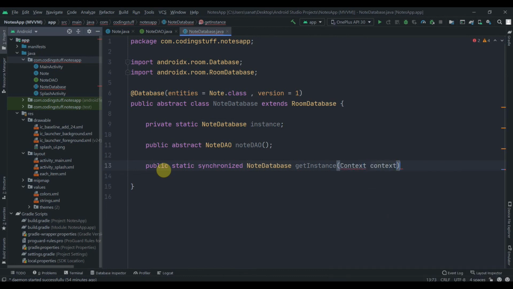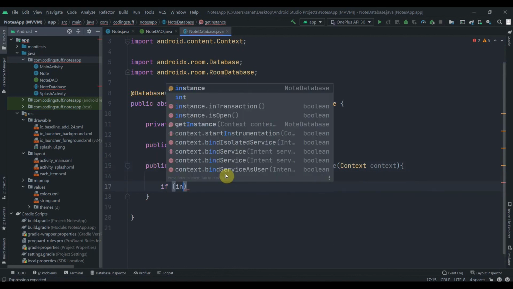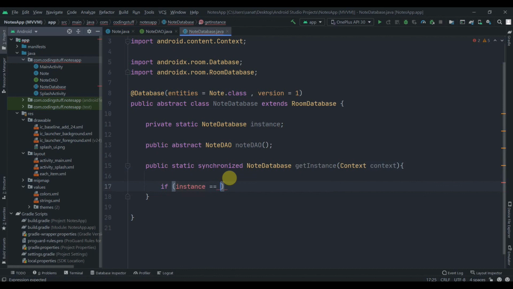So Context, I guess we need to import this, so press Alt+Enter. And then we'll check if our instance is already created or not. So if it is equal to null, meaning not created, then we'll create one.